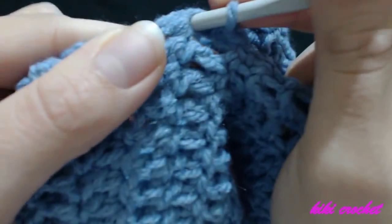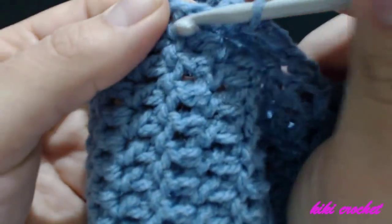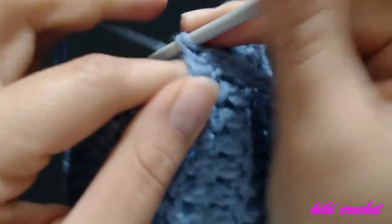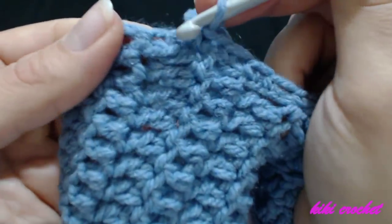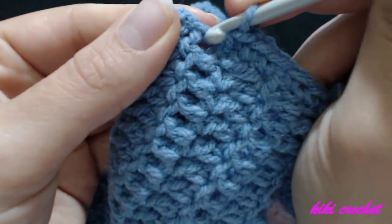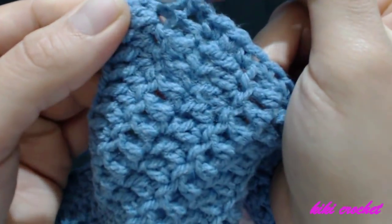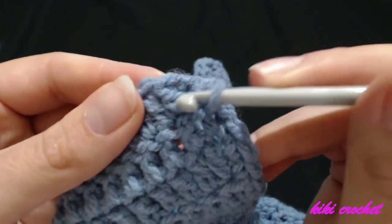one single crochet in the beginning, 1 single crochet in the middle of the stitch, and it's kind of difficult to crochet in the middle of the stitches, 1 single crochet right here in the beginning, 1 single crochet in the middle of the stitch, 1 single crochet right here in the beginning, 1 single crochet in the middle of the stitch, 1 single crochet in the beginning, and 1 single crochet at the start over here of our first double crochet